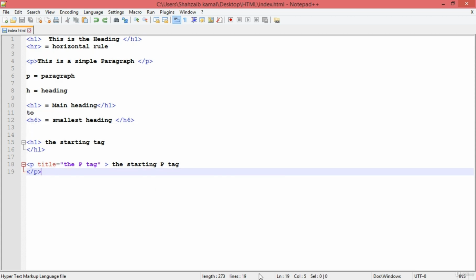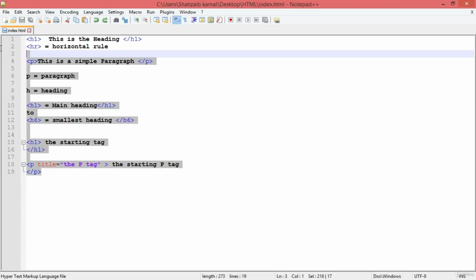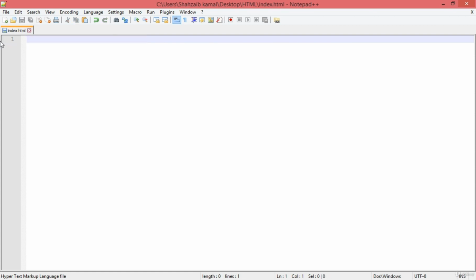For example, if I go to the browser and refresh, how do I put the heading here? You can see how to put the main heading, which is called the title, basically the title tag, not the title attribute. The title attribute and the title tag have different meanings and work differently, by the way. So there is a unique HTML syntax that we first have to clarify.